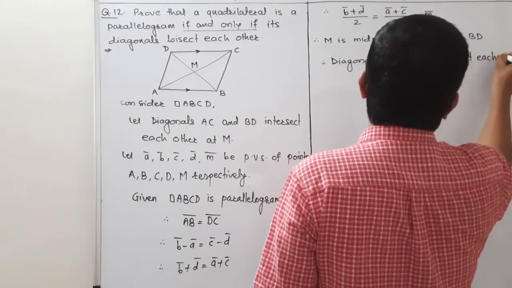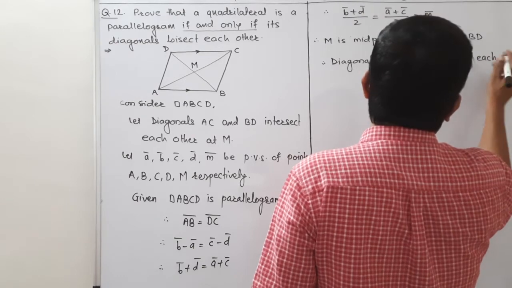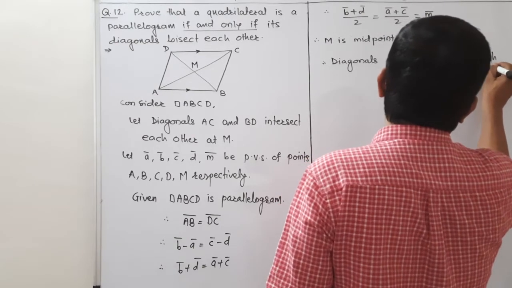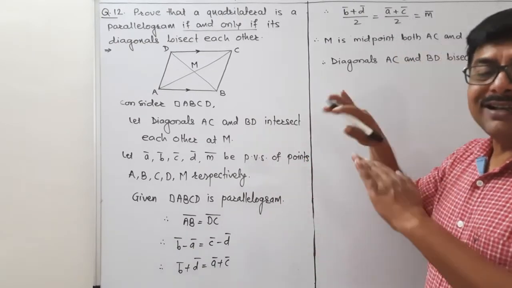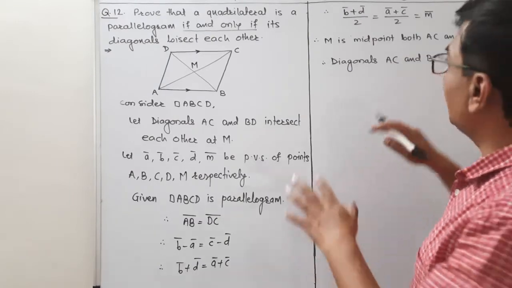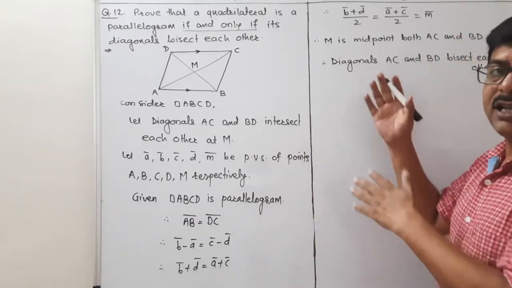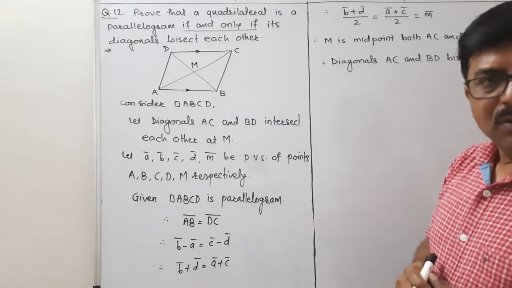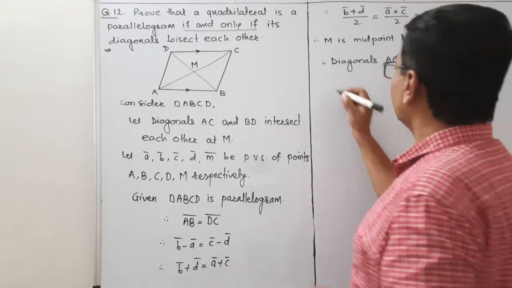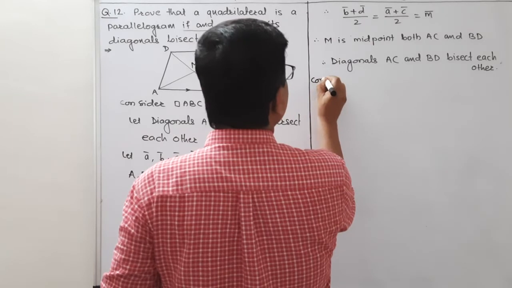यानी हमारा थियरम का जो पार्ट है वो यहां पर प्रूव होता है. They bisect each other. अब इसके कन्वर्सली जाना है. यानी अगर डायगोनल्स बाइसेक्ट करते हैं तो क्वाड्रिलैटरल ABCD इज अ पैरेललोग्राम, ये प्रूव करना है हमें। तो कन्वर्सली वी कैन से दैट, कन्वर्सली